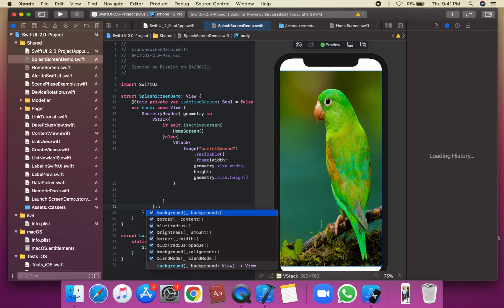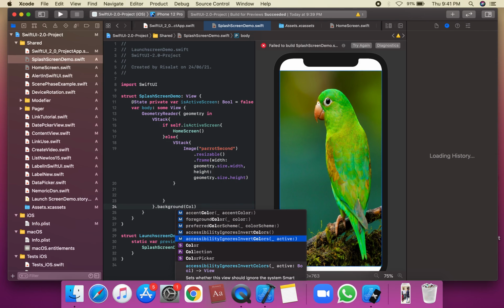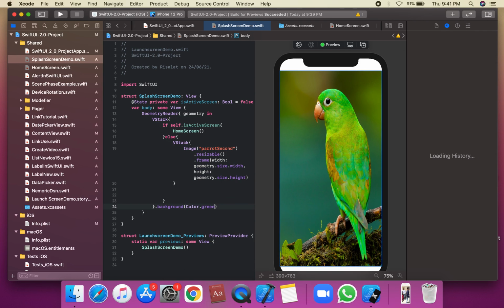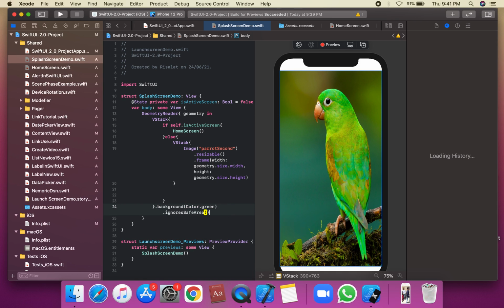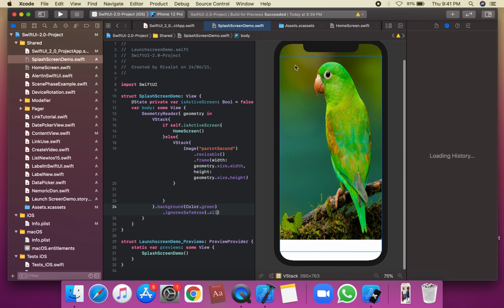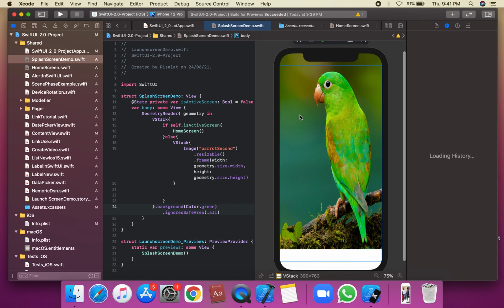Apply the background color green. Apply the background, and this is .ignoresSafeArea, all screen.